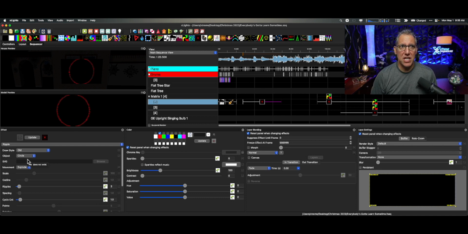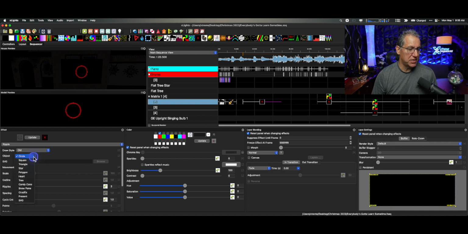So what is SVG? SVG is basically like an outline, a vector file, you might say, shapes. And when you see these shapes here that are built in, these objects, those are basically like SVGs. Maybe they are, I don't know, maybe they're just coded in there. But if I choose SVG, I can now browse to it, except for one thing. And hopefully xLights will change this so that if you choose SVG, it automatically changes the draw style from old